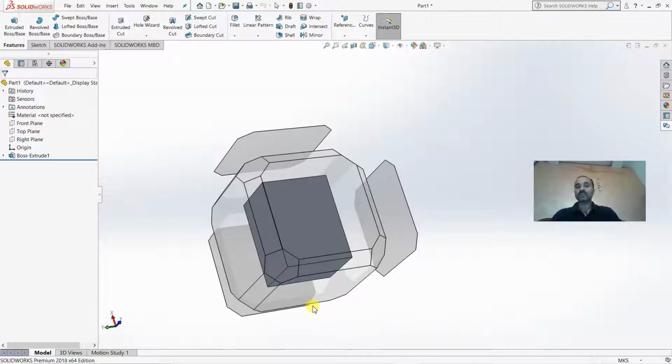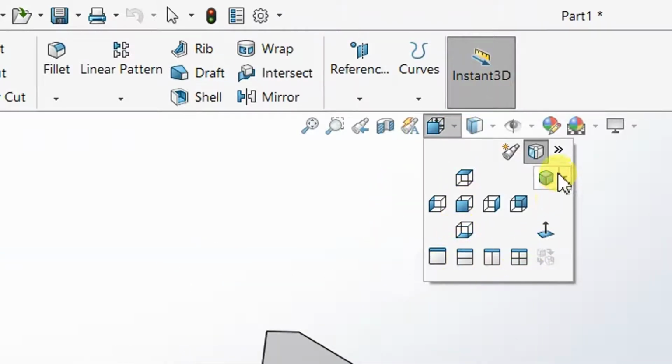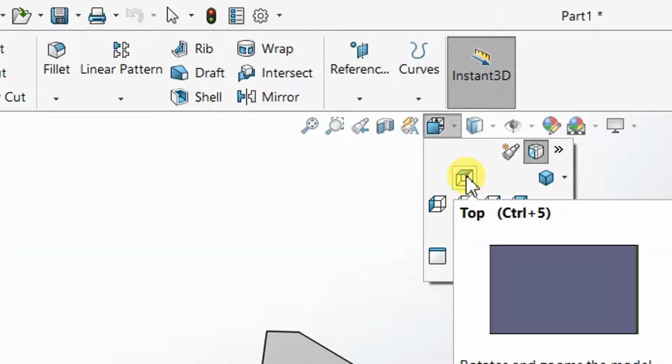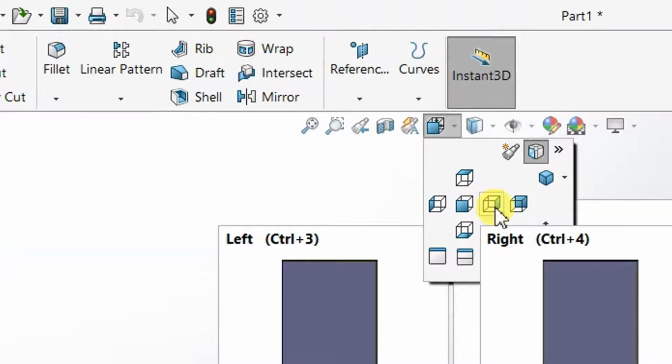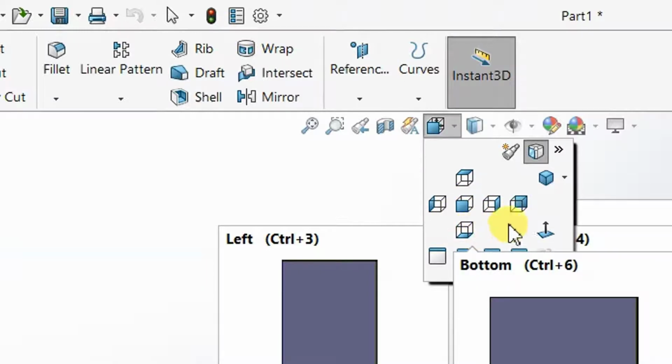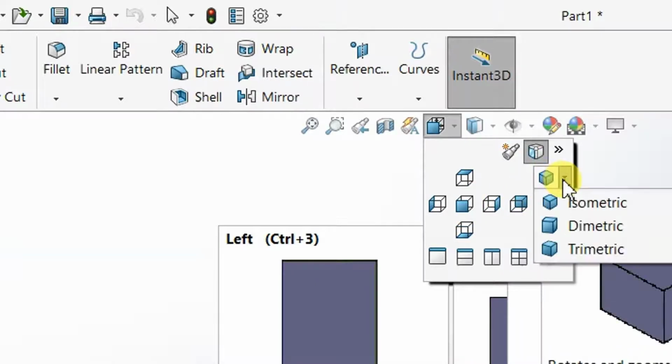But if you want to choose front, back, side, etc., then if you click on this button, an interface will be visible here. If you click on this, then it will be top, left, front, right, back and bottom. All these views you can select. Or you can select isometric views. There are basically 4 corner views, so you can choose isometric, dimetric and trimetric, whichever view you want to see, you can observe from these buttons.